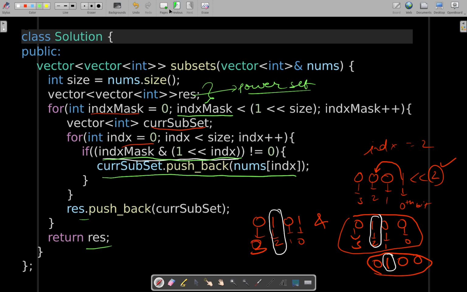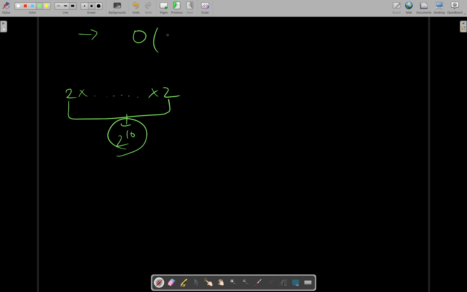And as far as time and space complexities are concerned, you might have guessed that the number of operations required will be of order, I mean, for each element we will have two choices, either to take it into the current subset or not. So in total there can be 10 such elements. So it will be 2 raised to power 10,